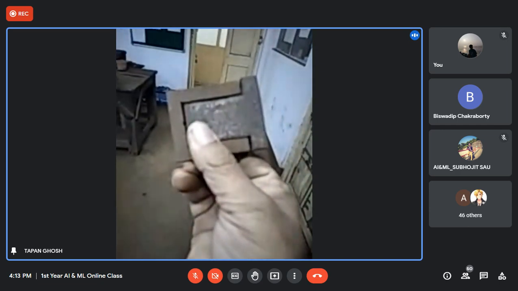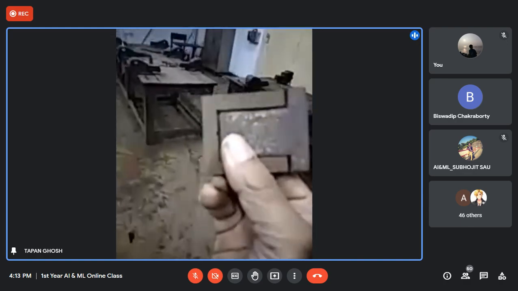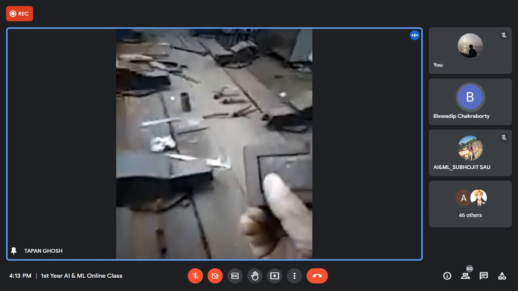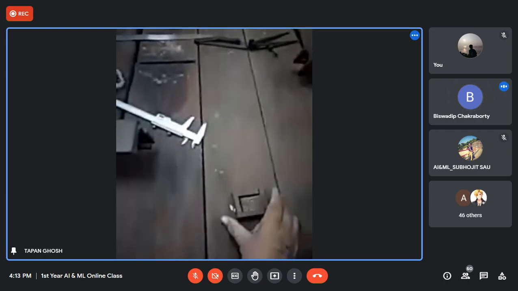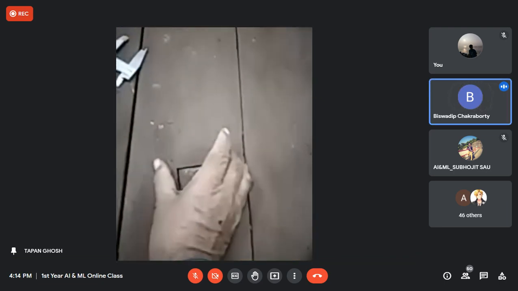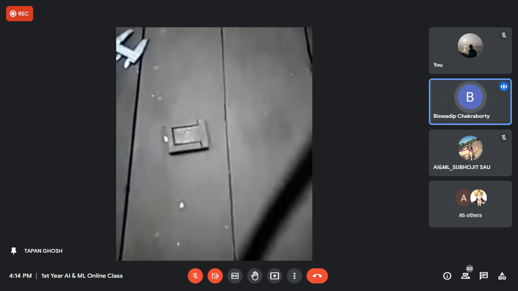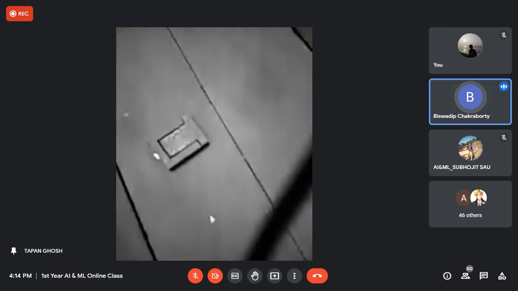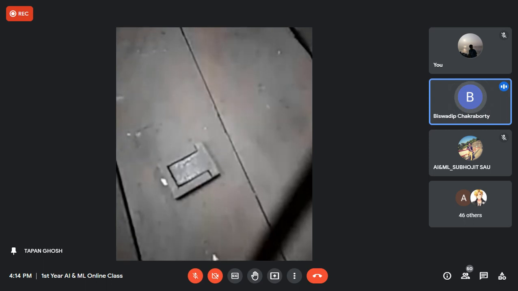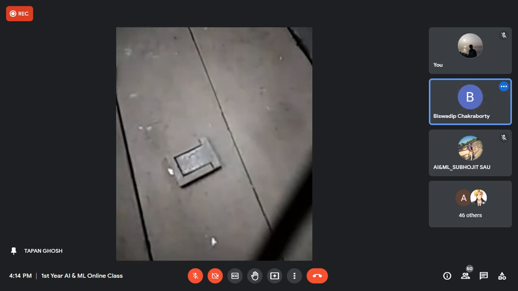Can you see, students? I already mentioned in the class that there is one fitting job here, and another is a cutting and filing job. So this job is a fitting job. Students, making a single piece or double piece, or even 3 pieces which are to be fitted, all are done in the fitting shop. It can be a single item also. It can be 2 pieces where 1 piece is fitted with another, a pair of pieces. So these fitting jobs are done in the fitting shop.